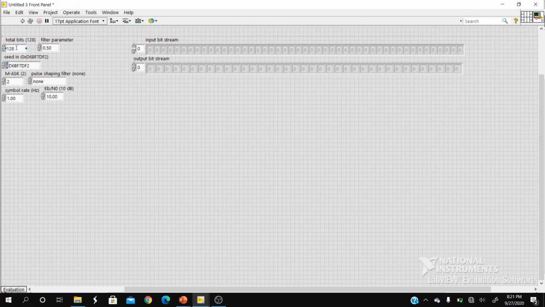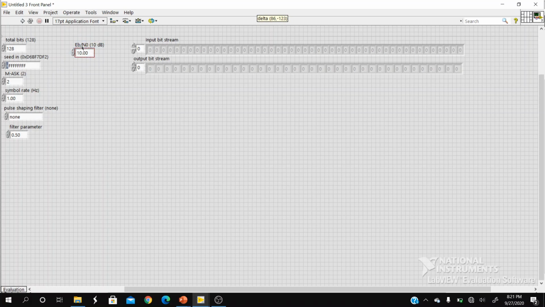Here we have total bits generated. The seed-in value we normally go with is -1. The filter parameter is going to help us in fixing the roll-off. Let me position these things according to the input wherever it is provided. The pulse shaping filter type we need to specify. These two can be clubbed together. This is the channel information that I need to simulate, the channel type, that is good channel or bad channel. Normally the symbol rate is kept at 20 kilohertz.